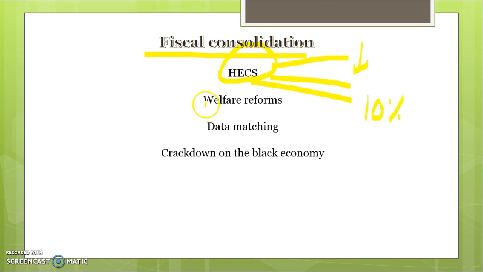Welfare reforms, okay, that can include all range of things. Increasing the waiting period for immigrants for another year to get their welfare would be one of the key ones, and then all the stuff related to the job compliance framework, getting people off drugs that are on welfare, people that have indictable offences, making it hard for them to get welfare and things like that. Data matching, okay, making sure that if people are working that they're claiming the right amount so they're not getting too much off the government, and the crackdown on the black economy is related to those purchases over $10,000, not allowing them to pay for it in cash.